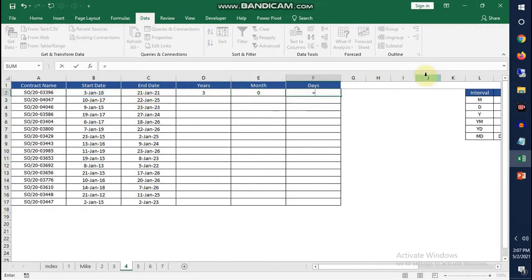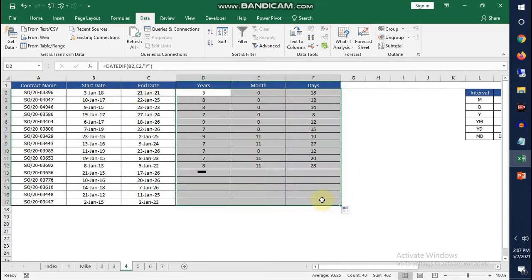Now we are calculating days. So DATEDIF start date, comma, end date, comma, MD, and 18 days. Drag this formula.